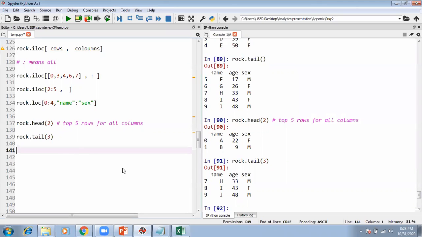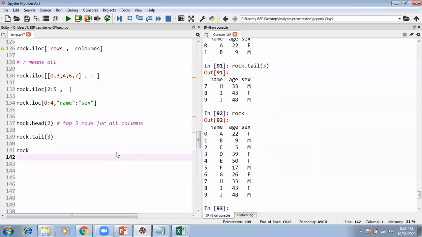Okay, now let me show you how I use filtering. Suppose over here in Rock, I want to see who are the people who are less than maybe 30 years old. Okay, I want to see all the people who are less than 30 years old. So I'll write rock dot loc, third bracket, comma.